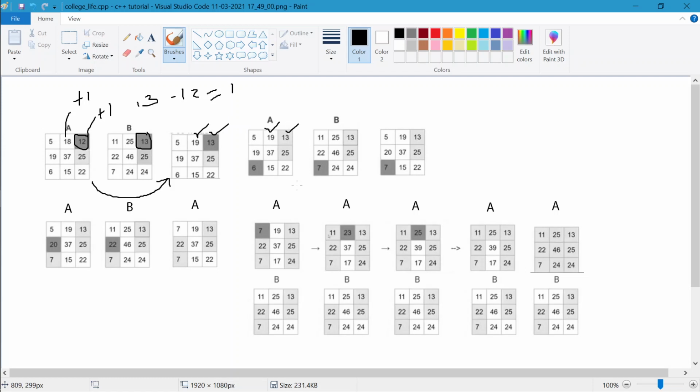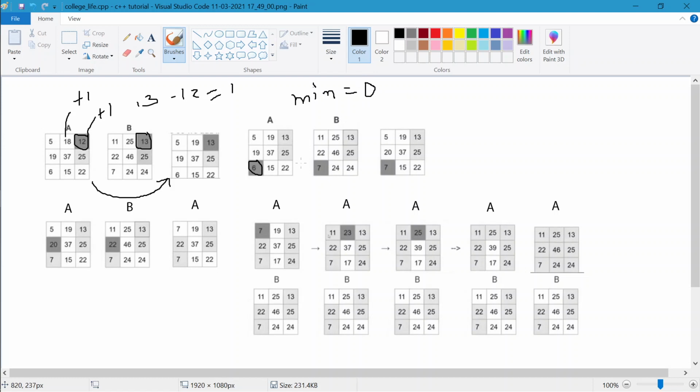Now again traverse the whole thing and find the minimum. One more thing: if the minimum difference is 0, then that case would not be considered.